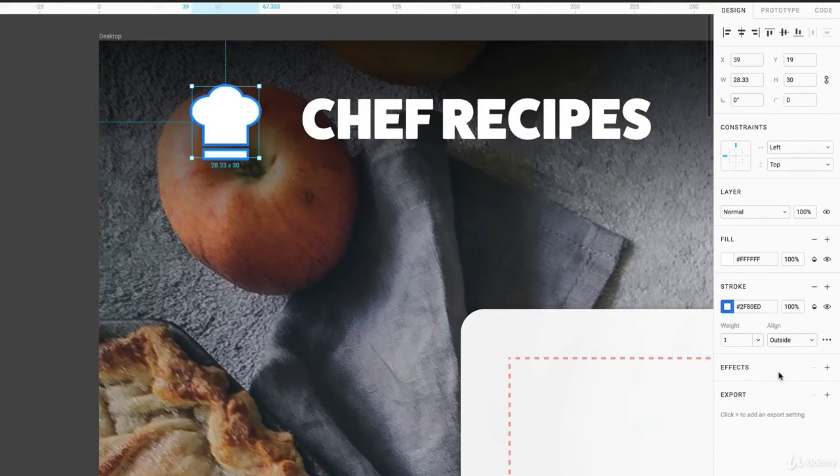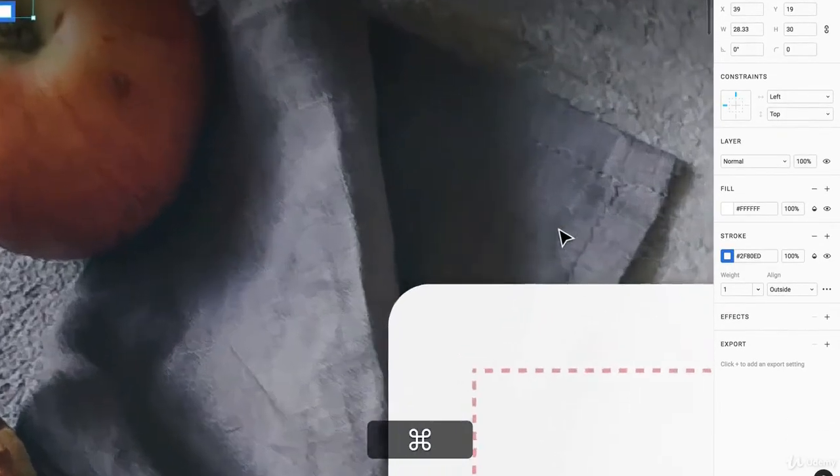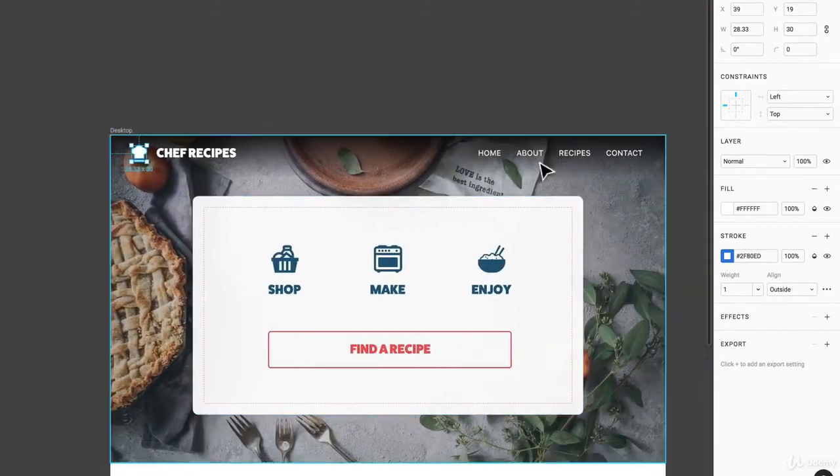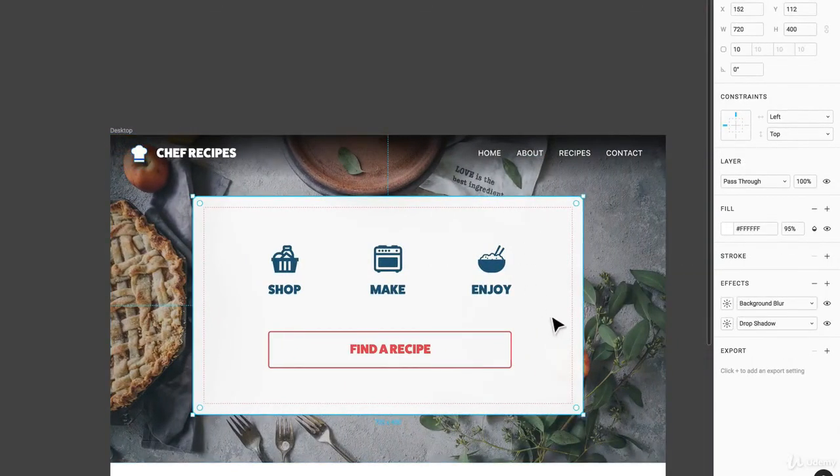Now we also have some effects settings, and I'm going to show you. If I hold down Command and just scroll down, I'll zoom out here, and you can see this background here. We actually have two effects here. So when you click on the plus icon, it adds a new effect in here. I'm going to just delete this one, and then you can choose between an inner shadow, drop shadow, layer blur,